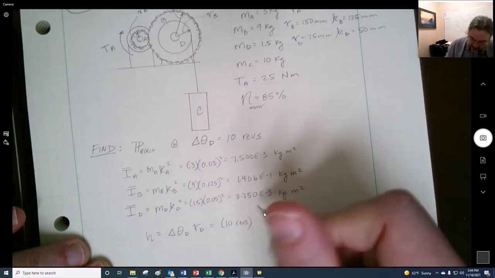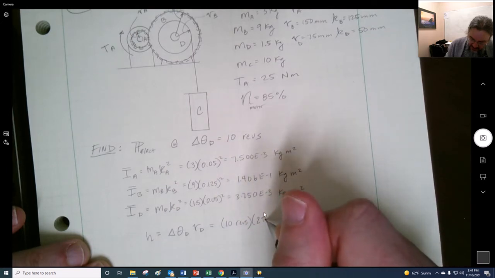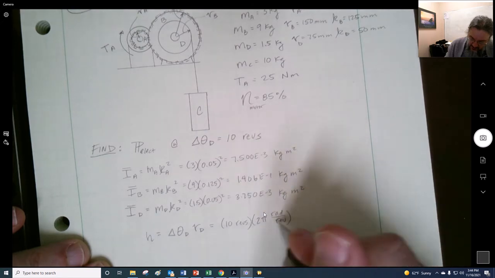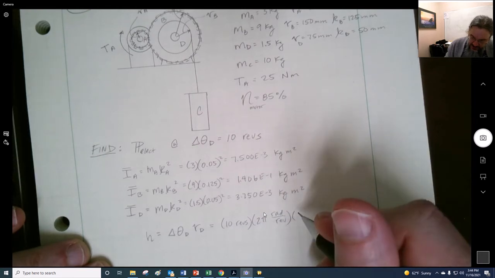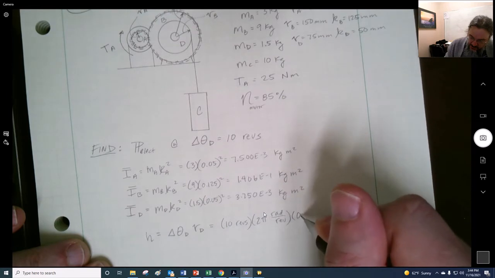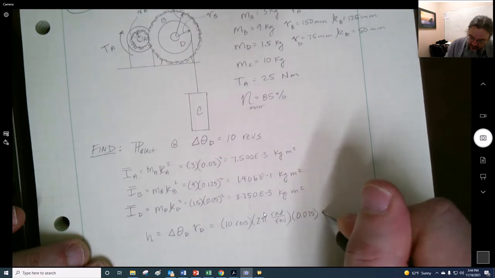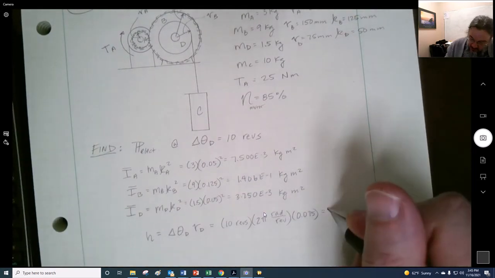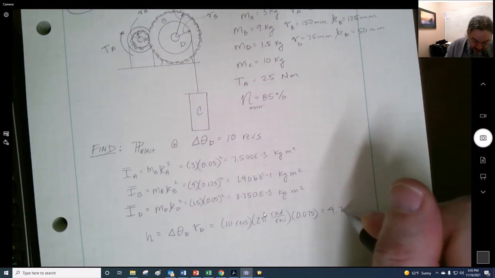So we go 10 revs times 2 pi radians per rev to turn this into radians, and then the distance is going to be the radius of D, which is 0.075 meters. I made this, so I'm not sure it's going to have meaningful numbers, but we'll see what happens here. So that means it's going to go up 4.712